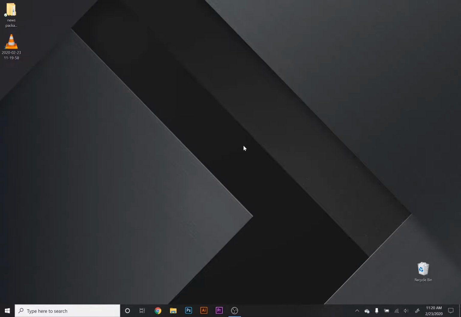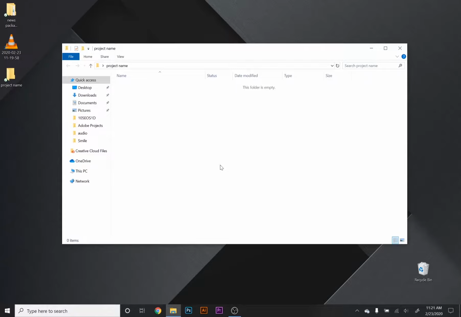Let's get started with the file management. What I like to do is I create a new folder with your project name. And then within that folder, I'm going to create a series of other folders to keep everything organized, because the way Premiere Pro works, it's going to keep coming back and referencing these files. So just keeping them all packaged together will help you so you can take this one main file